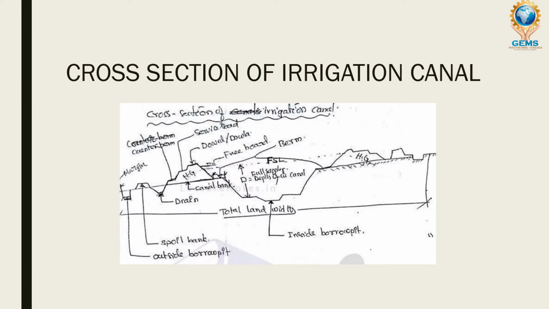Okay, our contents of the lecture are to design the most economical canal section. You can see a canal section in this 2D diagram that I have represented in the slide. You can see the canal bank, which is present on both sides above the hydraulic gradient line, and a freeboard given up to the top portion, and a soil berm present on both sides of the banks. You can see the spoil bank, outside borrow pit, inside borrow pit, counter berm, service road, and dowel or dowla. I am going to explain what these components are in the upcoming slides. This is an important diagram, please make note of it.